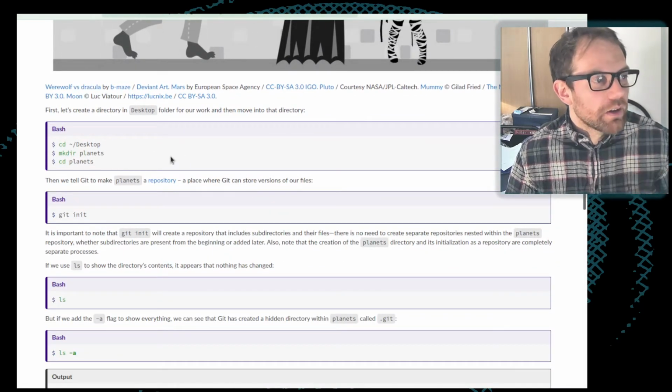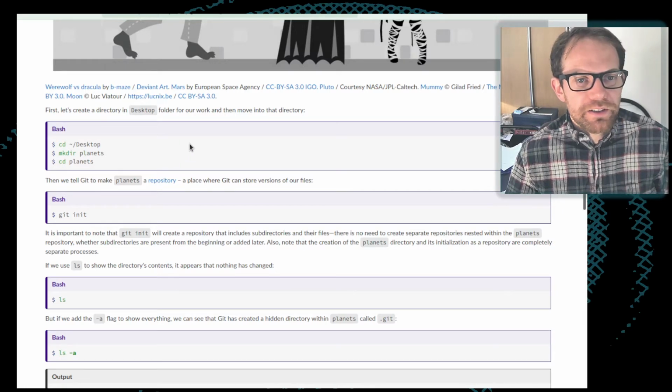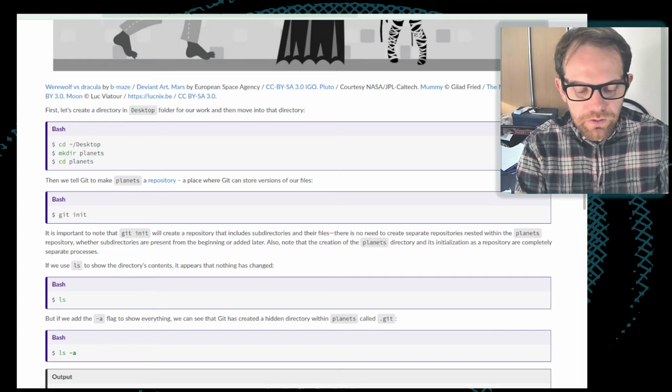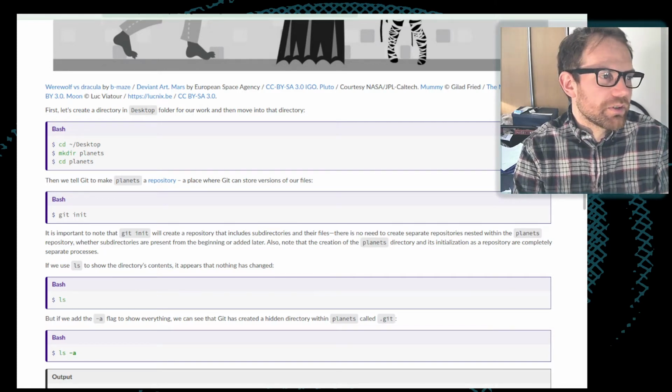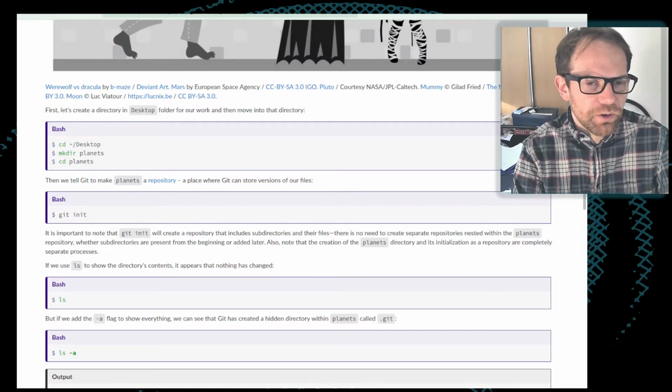So we get started by making a directory. They set it up on your desktop. Not all Linux distributions will have a directory already called desktop, and I wouldn't myself keep repositories there.